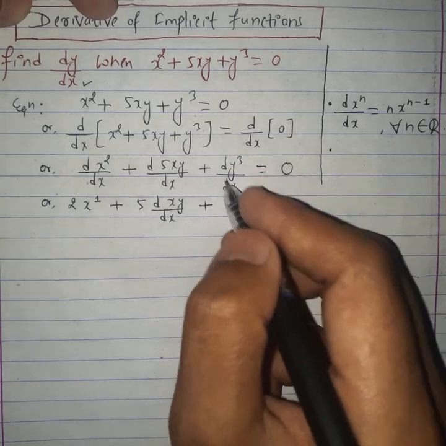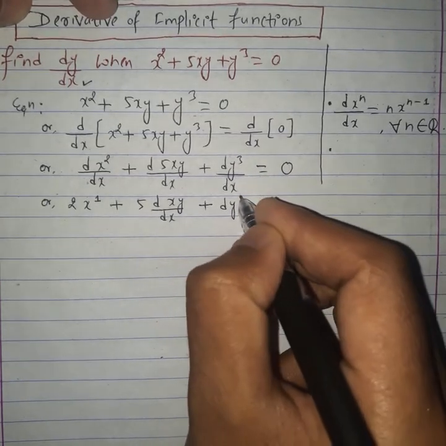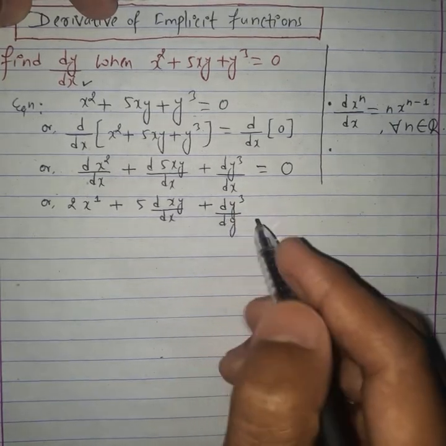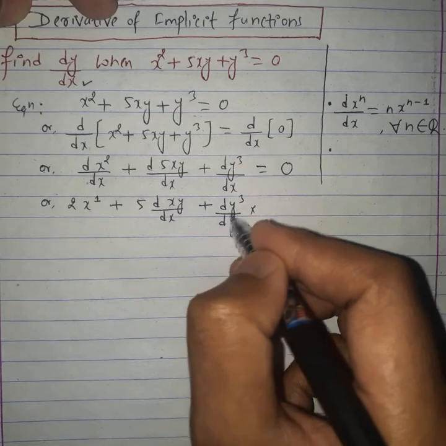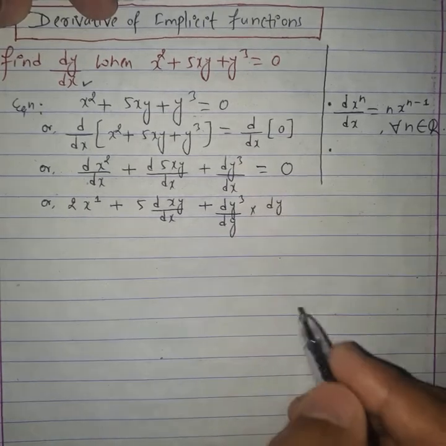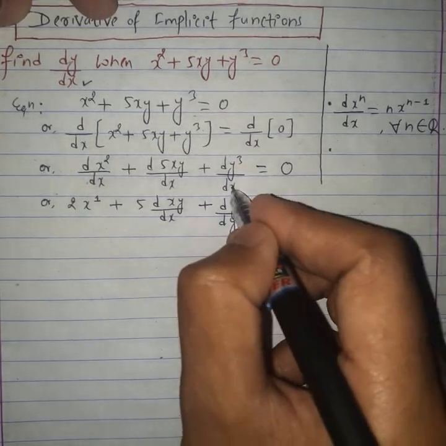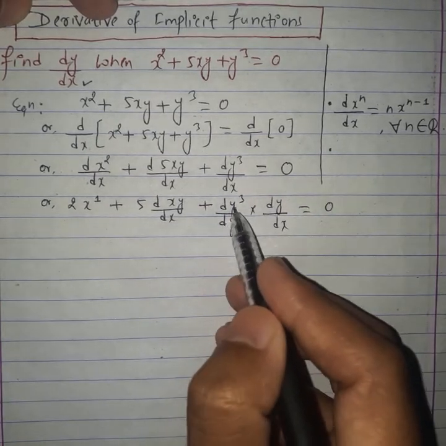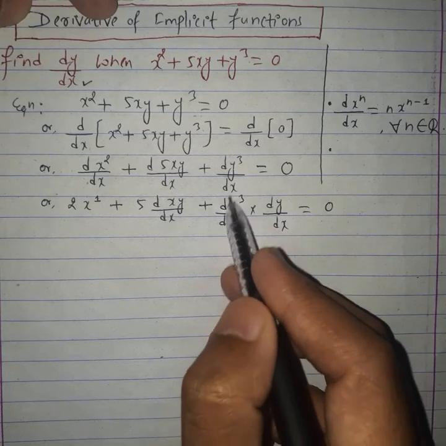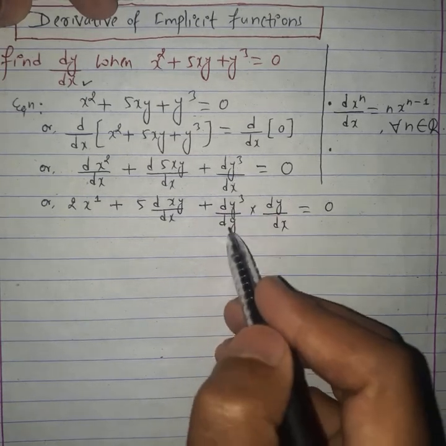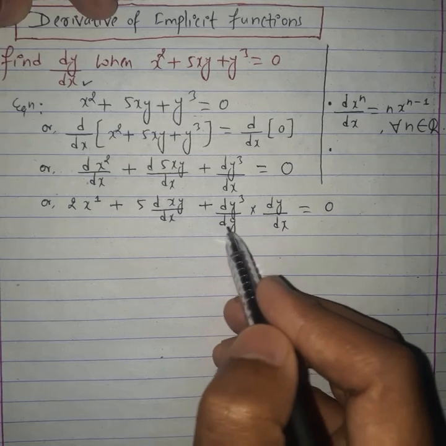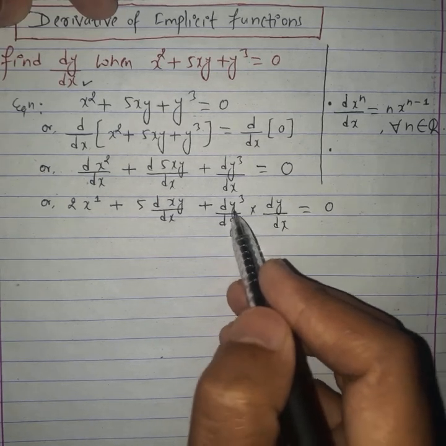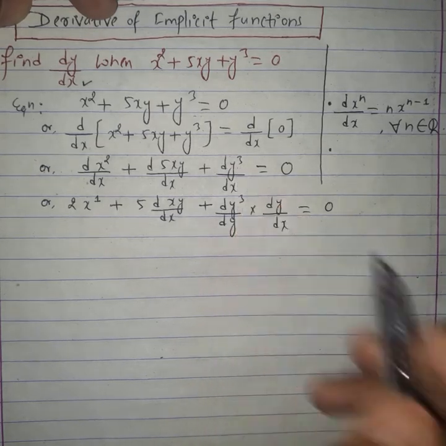It can be done by using the chain rule. We can write here the derivative of y cube with respect to y. Here we do an extra dy, so for balancing we have to multiply by the same factor, dy over dx, is equal to 0. Here in this step we just use the chain rule. We divide and multiply by the same factor dy, so dy will be cancelled out, and this step will be the same as the previous step.